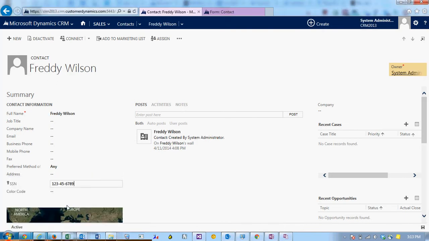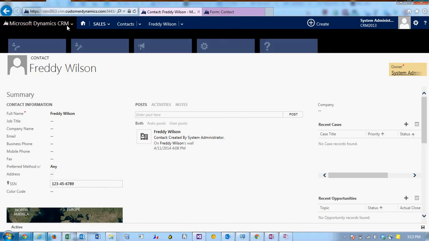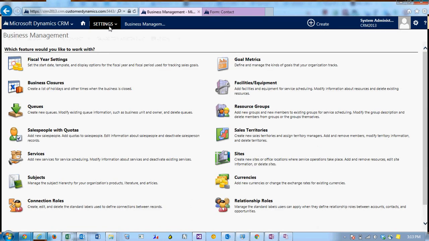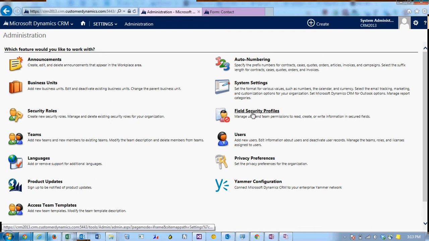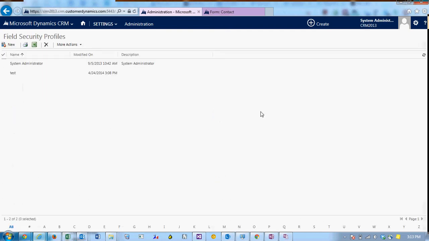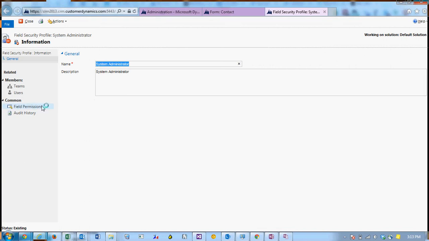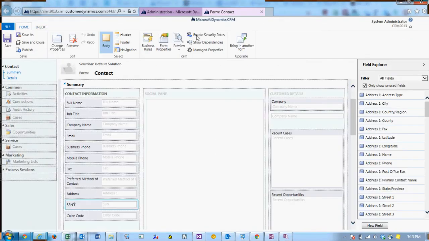Now, going back to the setup, now that I have field level security established on the field, I'm going to go to the settings area and administration. You'll notice we have field security profiles. We'll go into that. System administrator is the default profile. The system administrator can see everything. Now if I go back,